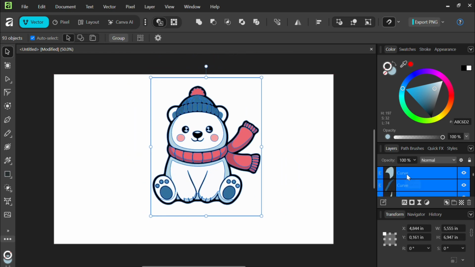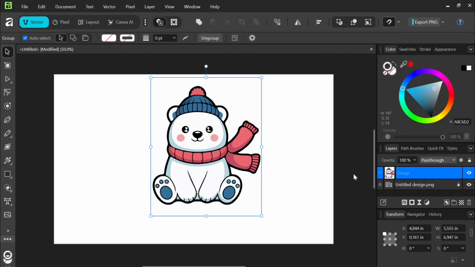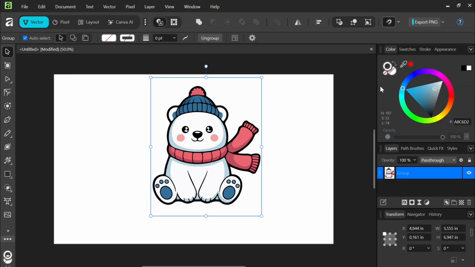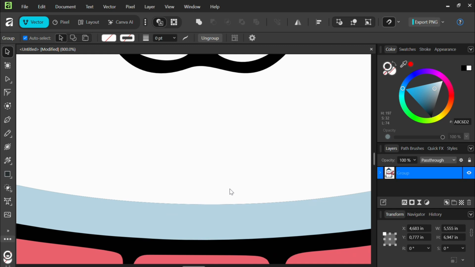And then next, just right click and group them again, like this. And then you can delete the left over background layer. And then when you zoom in, the pixelated edges are gone, replaced with clean, crisp vector lines that stay sharp no matter how far you